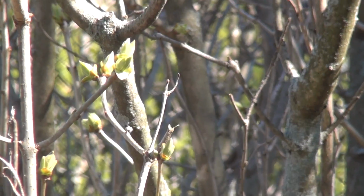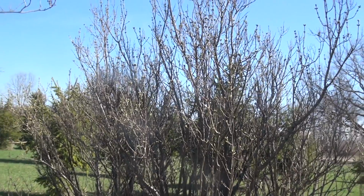As you can see, there's some bigger stems here that are fairly large in size compared to some of the ones growing around it. If this is allowed to keep growing like this, the older stems will dominate the whole plant and the lower portion will die out. So if this gets too old, all you will have is leaves and flowers up at the top of the plant, and it won't be the plant that you originally intended to put in. So what we're going to do today is show a method to prune this plant, to renew it so that there's always continuous growth and new flowers coming out throughout the plant, making it look more like a bush instead